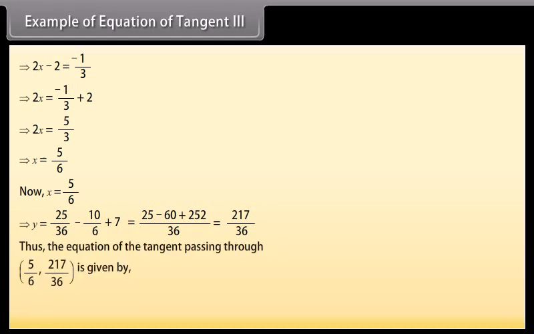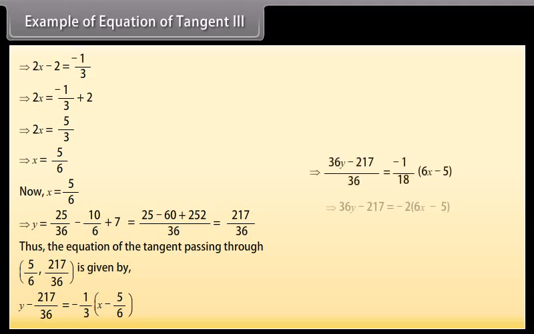Thus, the equation of the tangent passing through 5 by 6, 217 by 36 is given by y minus 217 by 36 is equal to minus 1 by 3 into x minus 5 by 6, which can be solved, and